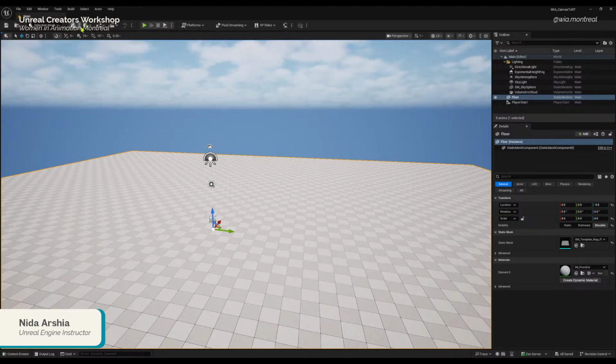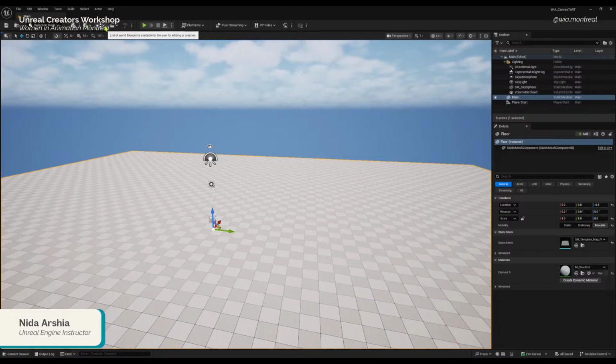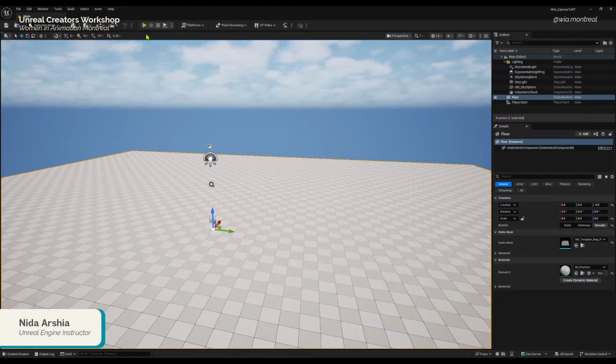And then you have some options here, some for rendering. This is for blueprint, which is the Unreal visual scripting tool. Then we have some camera or shot or sequences tools here. Okay.